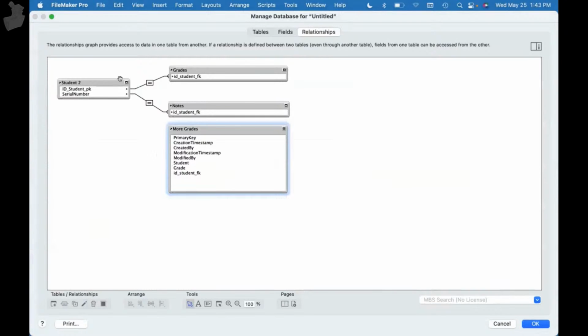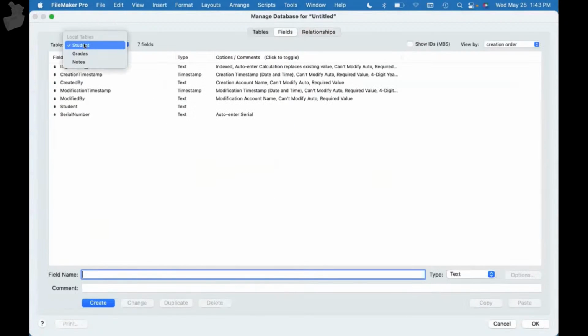And here I'm going to base it on a new field. So sometimes we can use these relationships to search data. So maybe we want to see John's records and compare them to everybody else across the board. So here we will go to student. And I'm going to create a global field